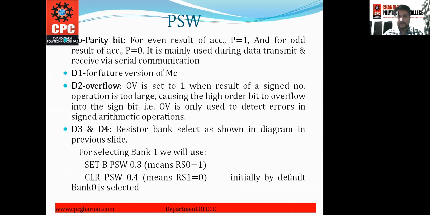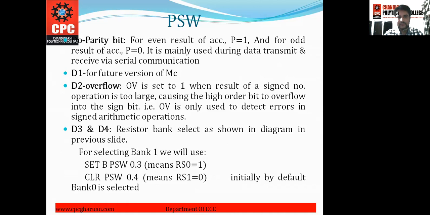D1 is reserved for further versions of the microcontroller, which have not come yet. D2 is the overflow flag. OV is set to 1 when the result of a signed number operation is too large, causing the high order bit to overflow into the sign bit. That is, OV is only used to detect errors in signed arithmetic operations.